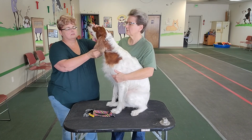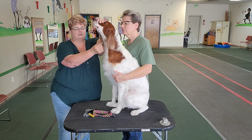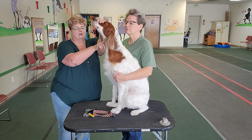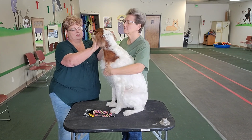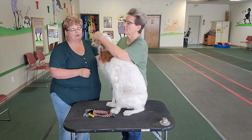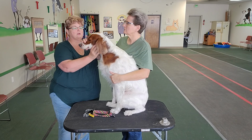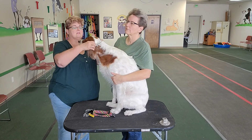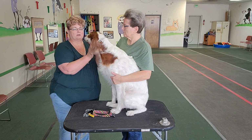There we go. As you guys can see, the attachment for the leash is underneath the dog's neck. Her trachea is right here. We want to make sure that we've got this above that trachea so we're not putting any pressure, and we don't have any prongs against the soft part of the dog's throat. The prongs go along the back. The reason it's tight is so it doesn't spin and those prongs don't end up over here,